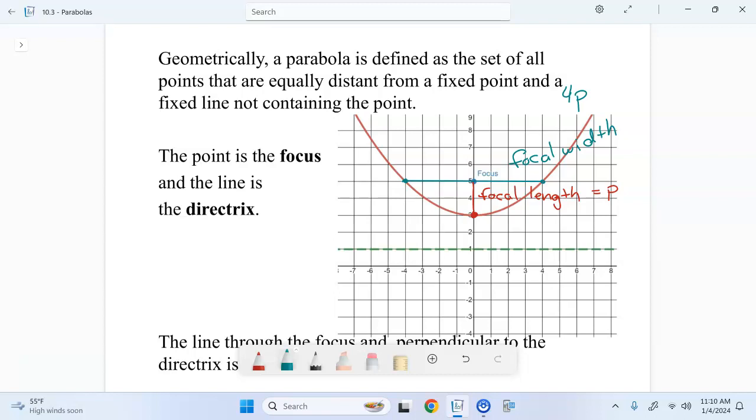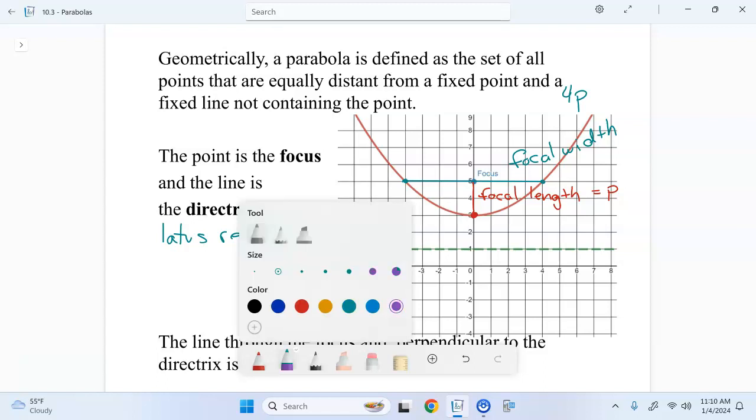We do have a formal name for this. In Latin, it is the latus rectum. So if you ever see that, it's asking for that focal width. Okay, that line is called the latus. All right. The other fun thing is if we take the focal width and we cut it in half,